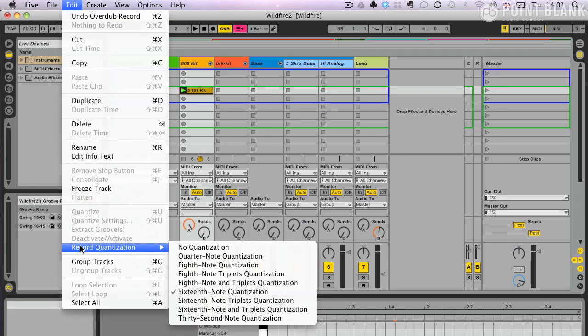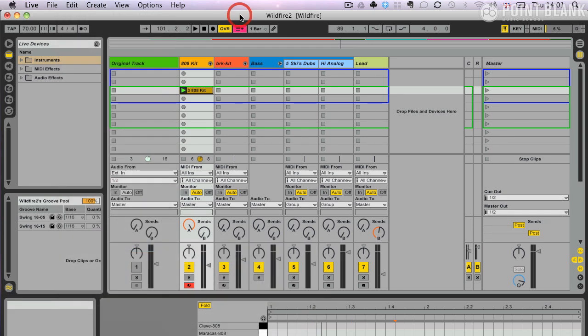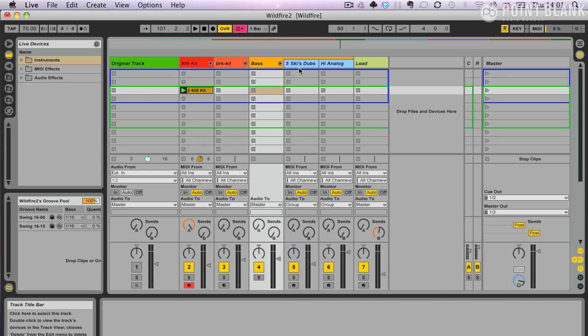It's also worth mentioning that I had the record quantization on here set to 16th note, and that just means that as I'm recording it in, everything is going to be put in time, going to be quantized. I could look at that afterwards. I could look at maybe adding some groove elements to that, but at the moment that's kind of working pretty well. So the next thing to look at is the bass sound,